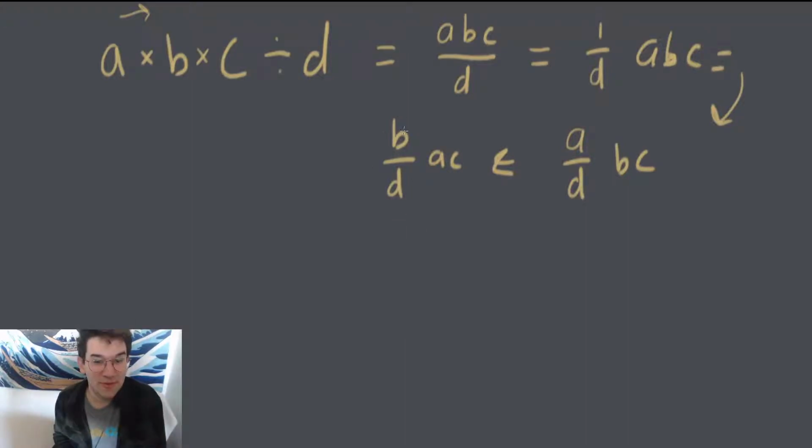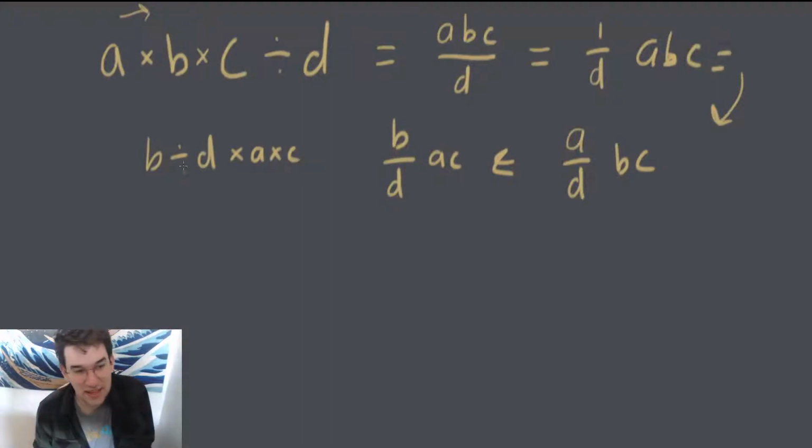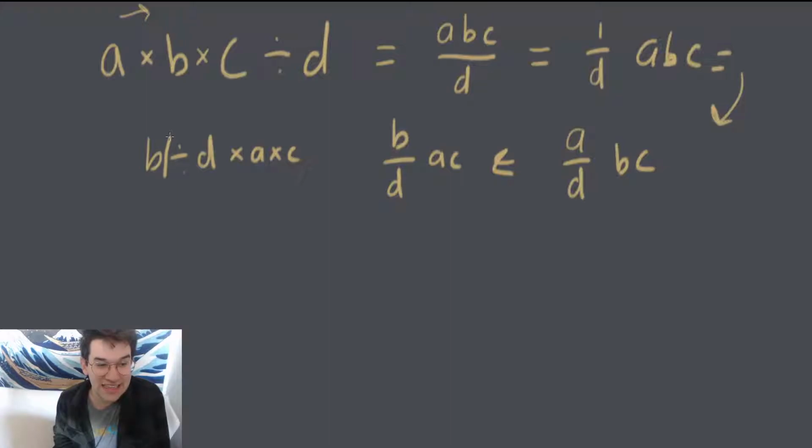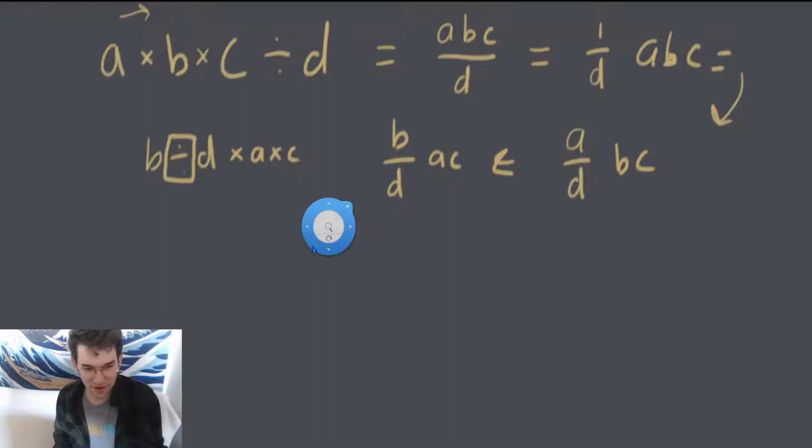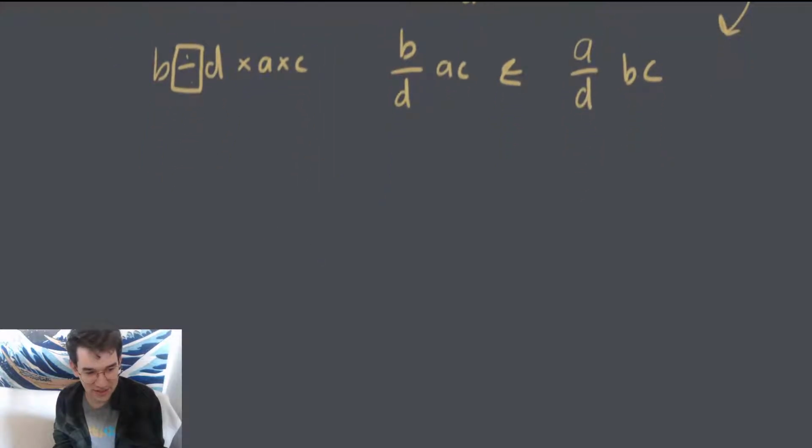So this would be like B divided by D times A times C, wouldn't it? And yeah, maybe, but the thing that I hate the most is this stupid little division symbol. It's ambiguous, okay? You don't know what's going on. So when we had that division symbol before, with our previous problem,